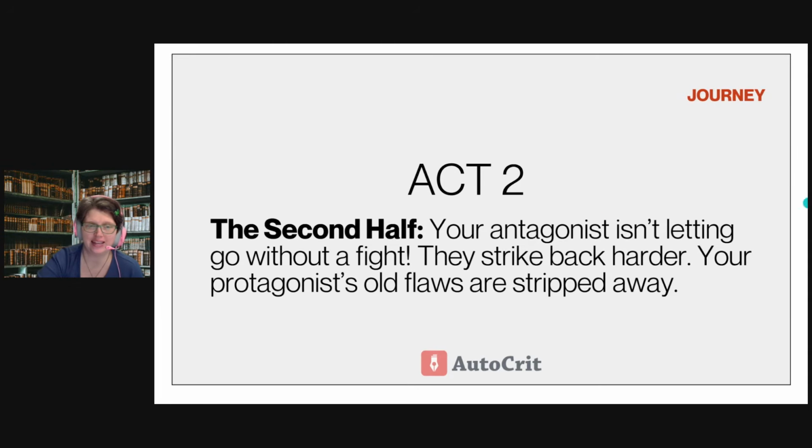Here's your tip. This is often referred to as the trial by fire. Every victory for the hero or your protagonist in this section should come at a significant cost. Which leads us to